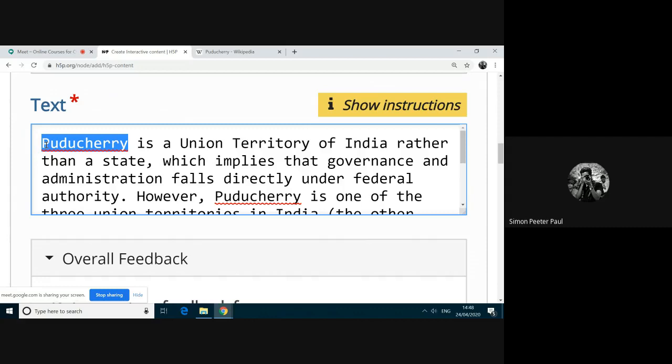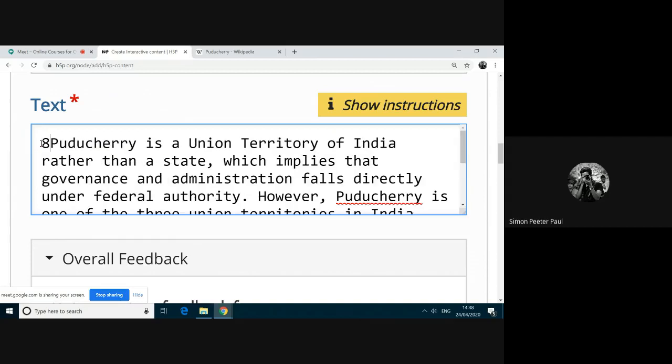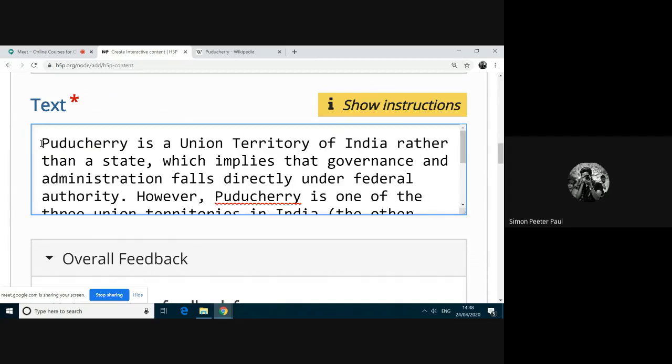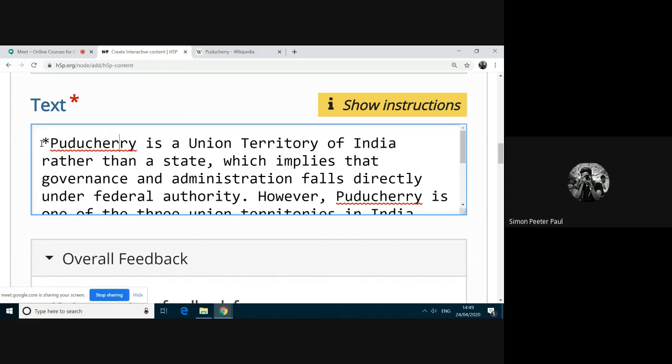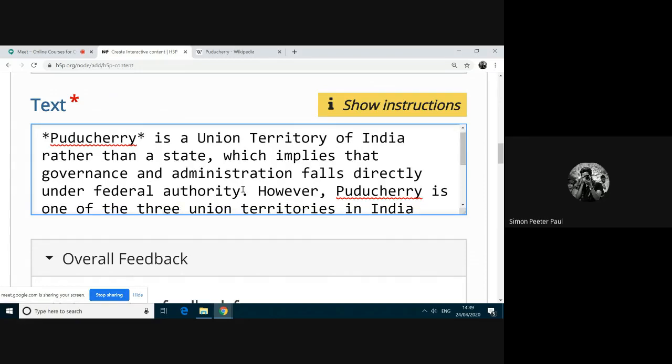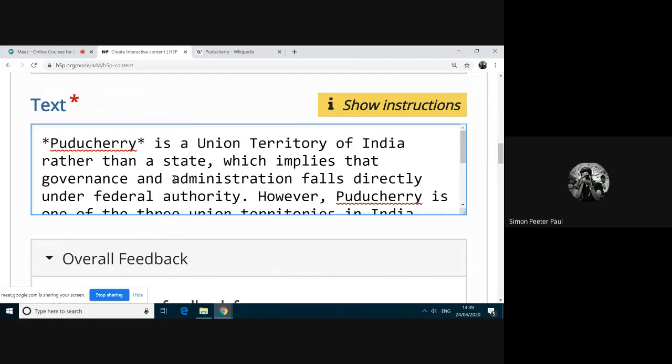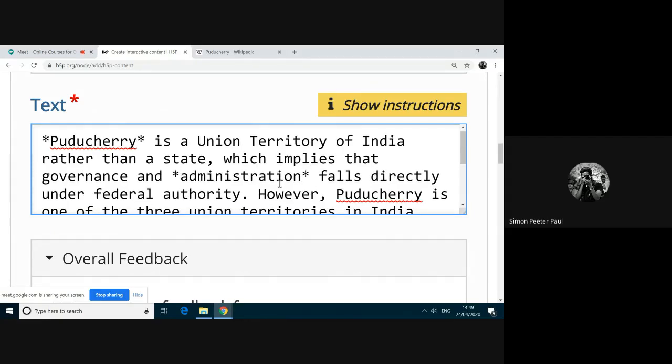I have to put an asterisk symbol at both ends. Puducherry is a union territory of India rather than a state, which implies the governance and administration. Here I am putting it for administration. This one is for example.